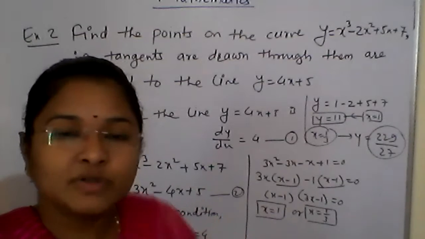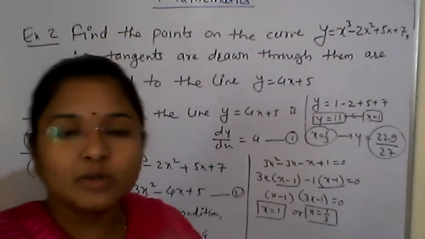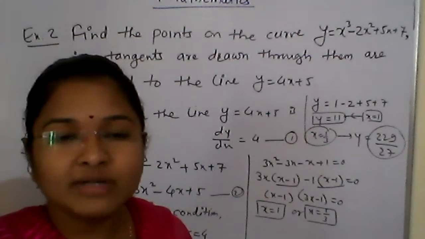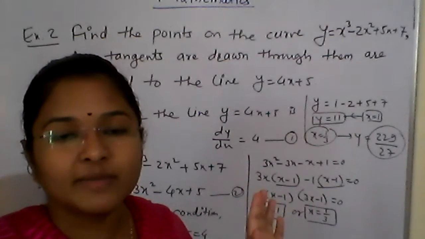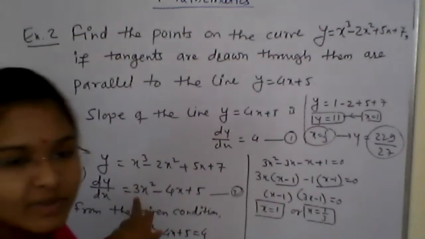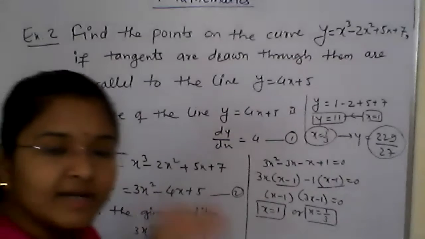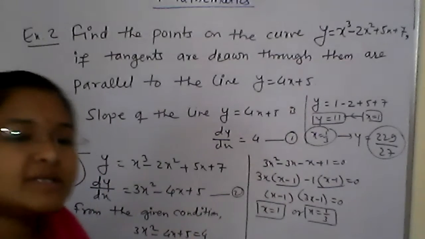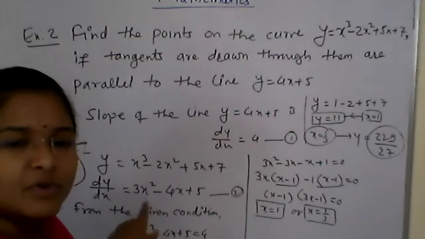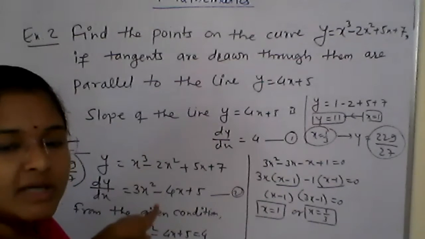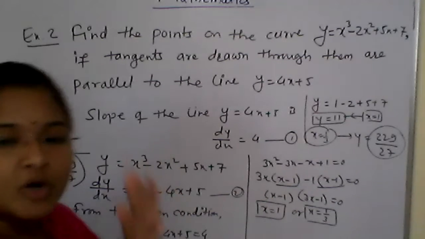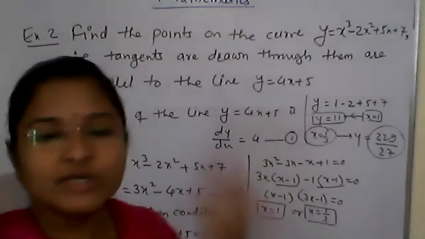Are you getting? So now in this application of derivatives, the slope of the tangent is nothing but the derivative of the curve, at any general point x comma y. Here dy by dx is 3x square minus 4x plus 5. So you can find the slope of the tangent at 1 comma 0. Now here y is not there, so we just put the value of x as 1. So 3 into 1 is 3, 3 minus 4 minus 1 plus 5 will be 4. So the slope of the tangent at 1 comma 0 is 4.